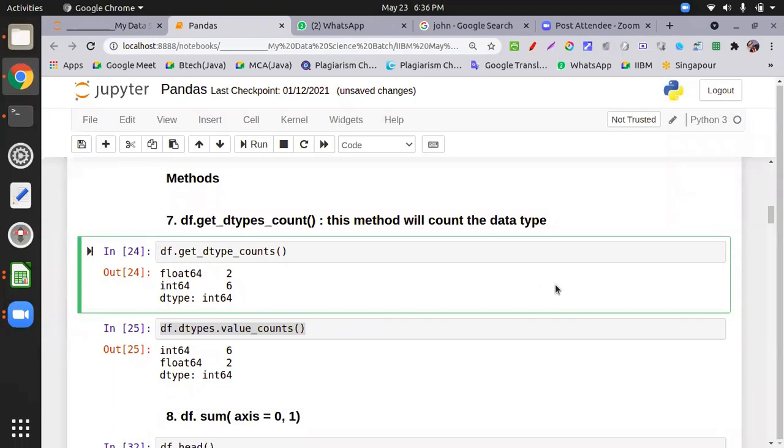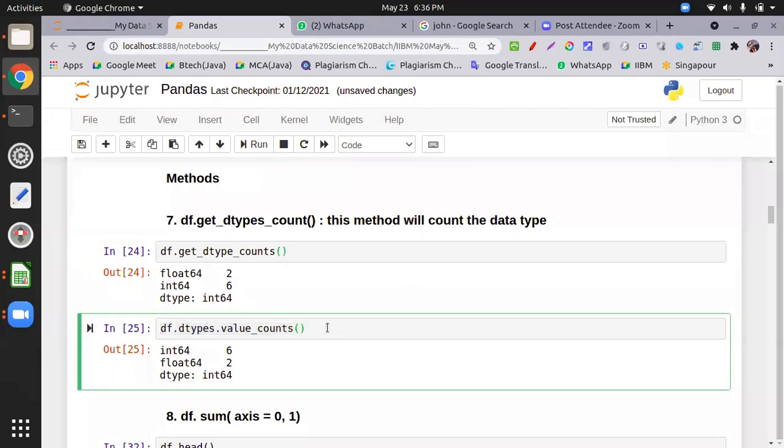Sometimes a function is deprecated, sometimes a function is updated. So keep this higher version. The higher version of pandas will support this one, and the lower version of pandas will support this one.